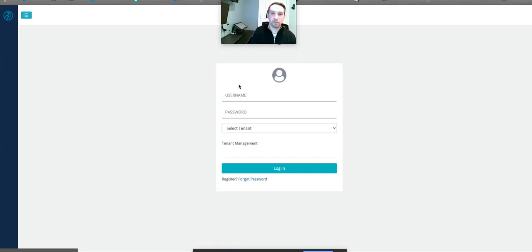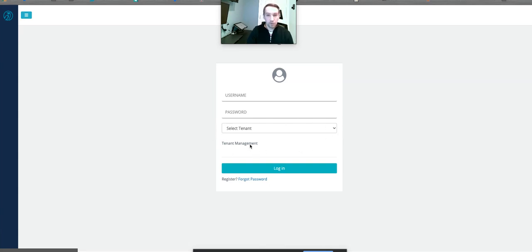Hi, today we're going to talk about multi-tenancy in OWL. To set up multi-tenancy, the first thing you're going to want to do is have your system administrator go into the admin settings for the setup, and then they will set a flag in the OWL environment.sh file that sets multi-tenancy equal to true. This gets done outside of the application because it is at an application level, and you'll see once it gets turned on, you will now have the ability to select a tenant that you want to